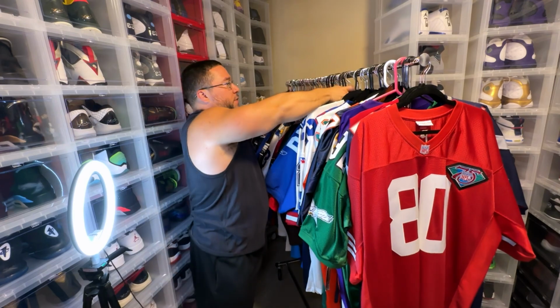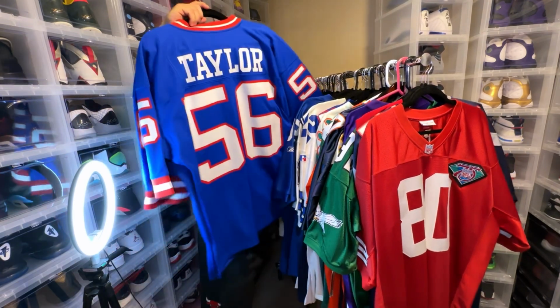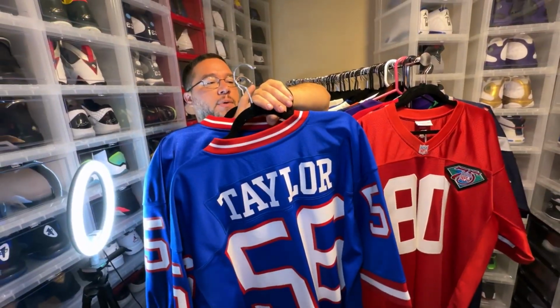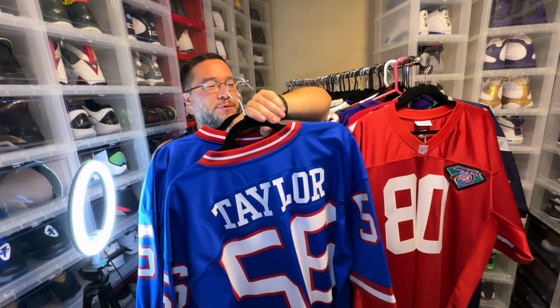I'll show you both of these because it's the same player. Oh, shoot. My bad, y'all. I didn't realize the camera was...